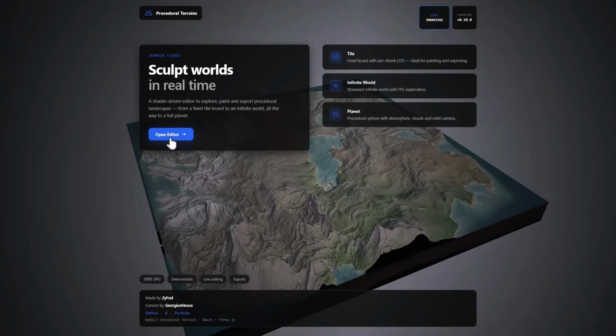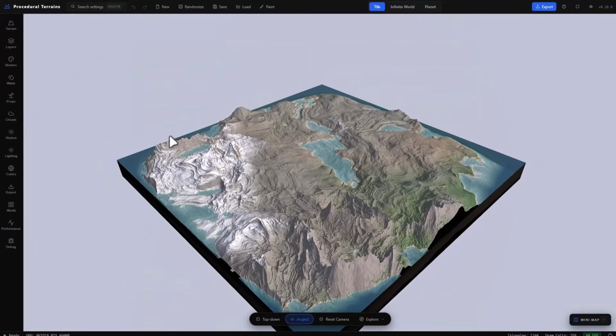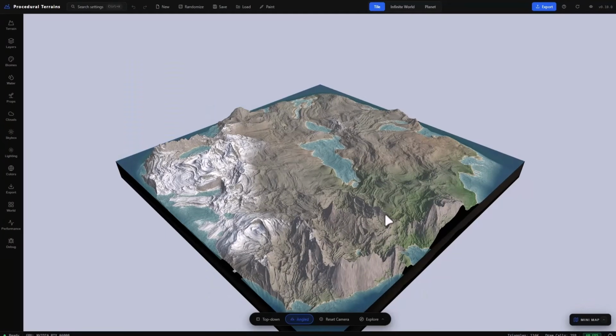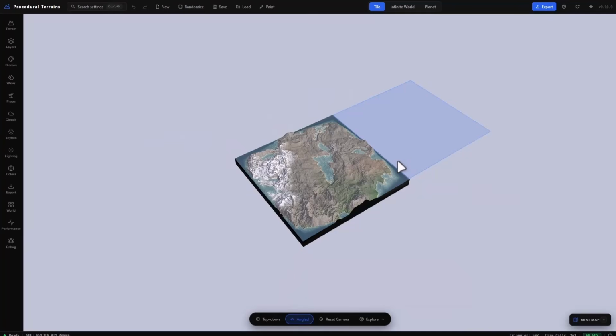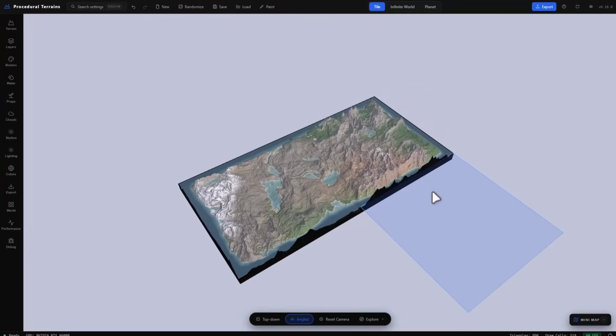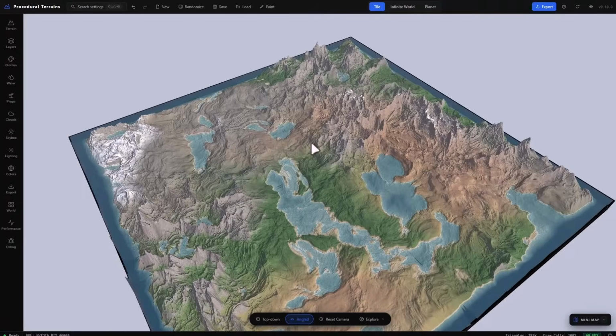So with this open right here, all we need to do to get started is to click on Open Editor. And once we click on Open Editor, we do have ourselves a very nice looking terrain tile. Now from here, we can start creating terrains easily. So for example, we would like to add 1, 2, 3, possibly would like to create multiple tiles of terrains,